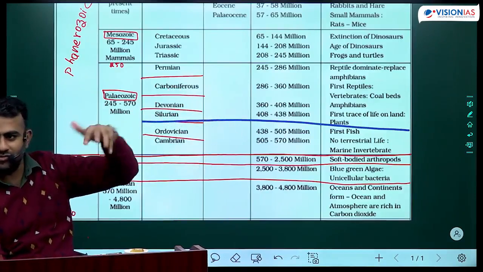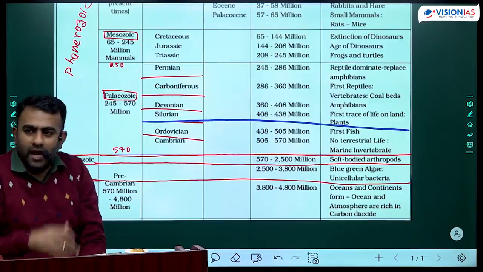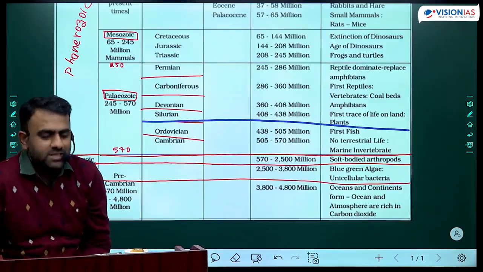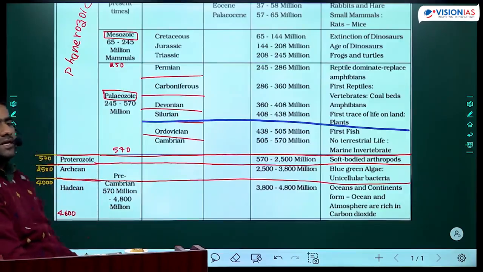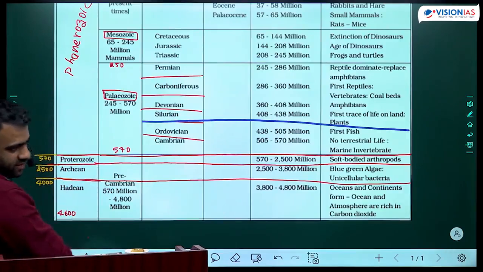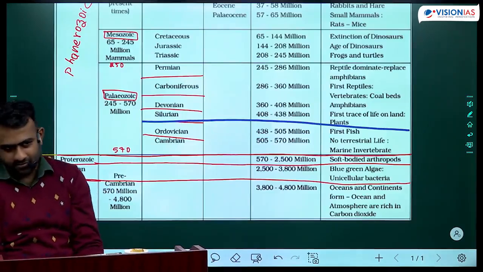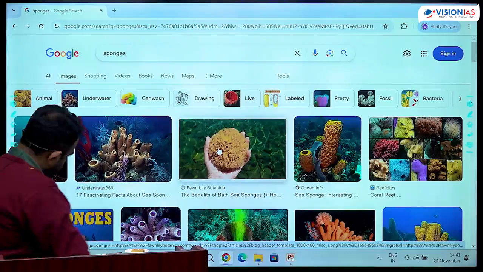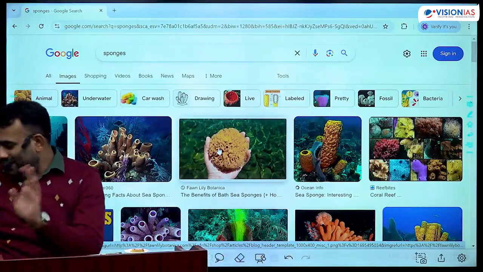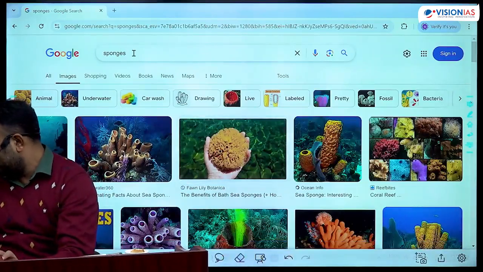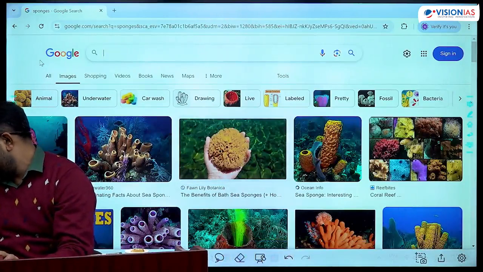As the plants were coming up, insects will come onto the land. The first insect to come onto the land was centipede and millipede. Have you heard of them? Centipede, millipede? Yes or no? सबसे पहले इंसेक्ट तो फर्स्ट एनिमल टू अराइव ऑन द लैंड वाज सेंटिपीड एंड मिलीपीड. प्लांट्स आने के बाद में